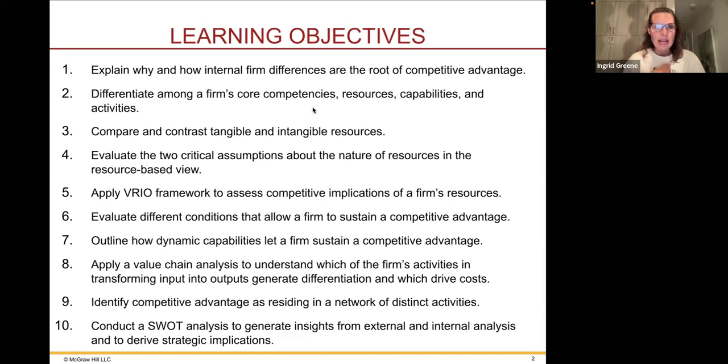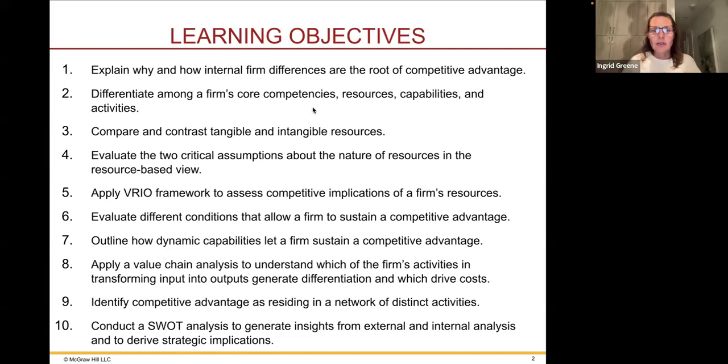Learning objective number 8, applying a value chain analysis. This is really fun because it starts to get us into the details of operations and research and development and things like this. That's my personal perspective, as I was always in operations. And I think there's so much value that can come to a firm from this area within the firm. So this value chain analysis helps us understand which of these activities are transforming inputs into